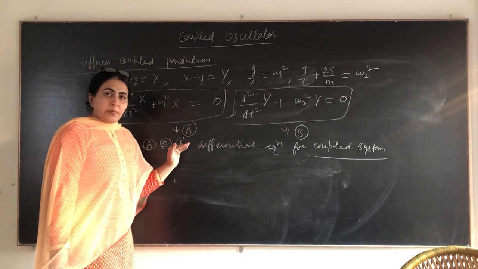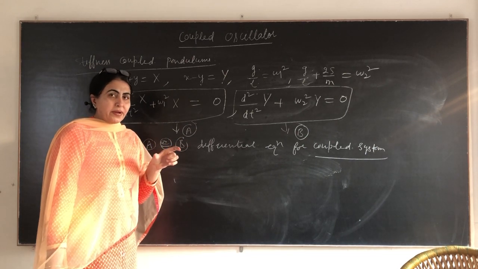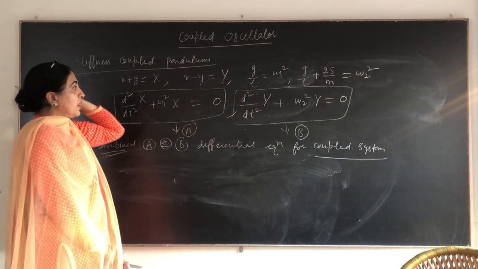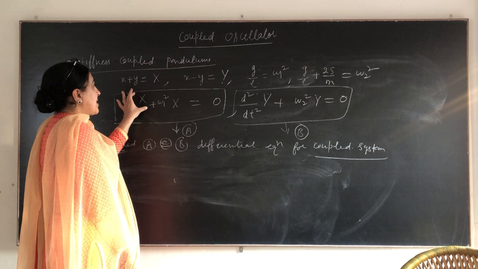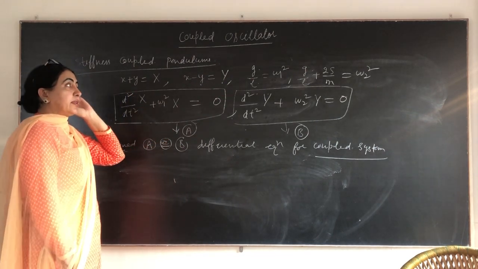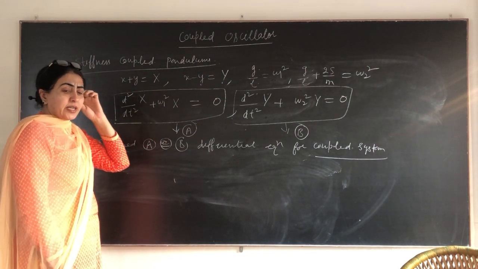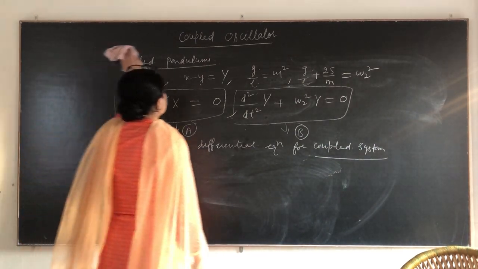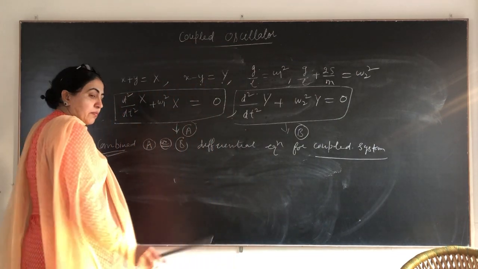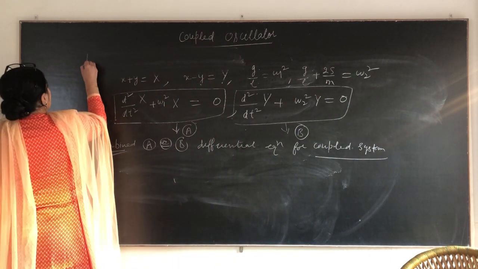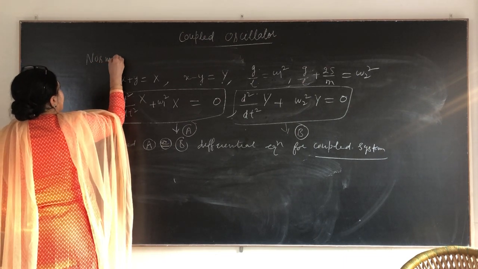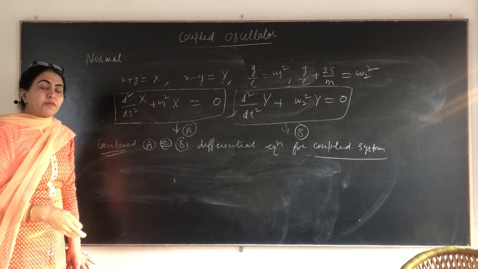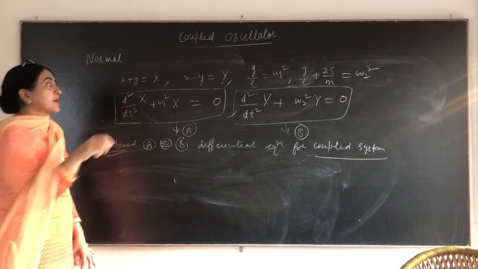Clear? Here the coupled oscillator is two pendulums joined by a stiffness, coupled pendulums. Now what are capital X and capital Y? Now the other two terms which are here are very important. The first is the normal coordinate. Yes, this is very important. The question paper asks what are normal coordinates, what are normal modes, what are normal frequencies.